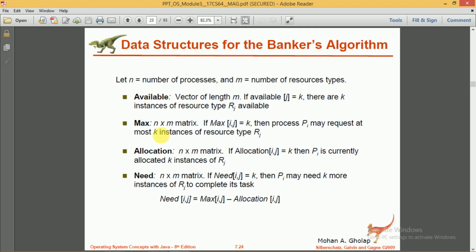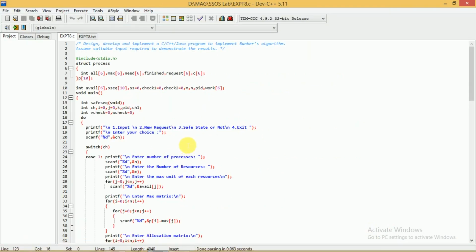We have these particular data structures, and in our program we have implemented these as arrays. Available is an array of length m. Max is a two-dimensional array of size n by m. Allocation is a two-dimensional array of size n by m. Need is a two-dimensional array of size n by m. Now come back to the program.